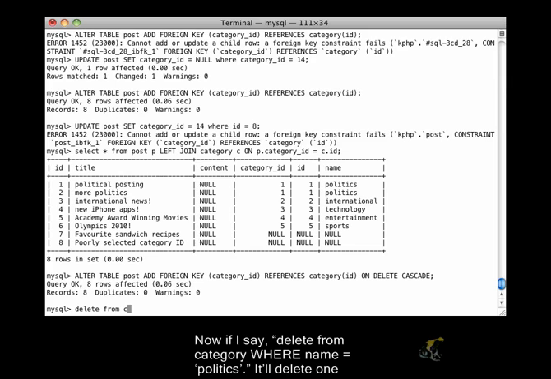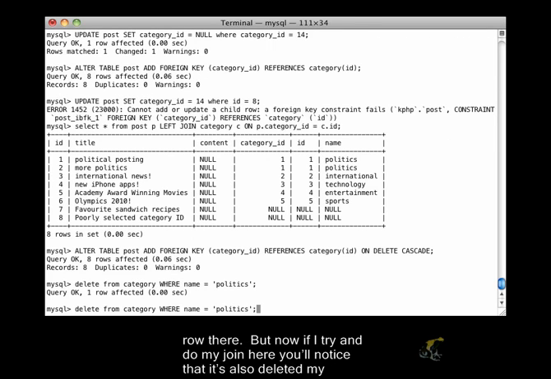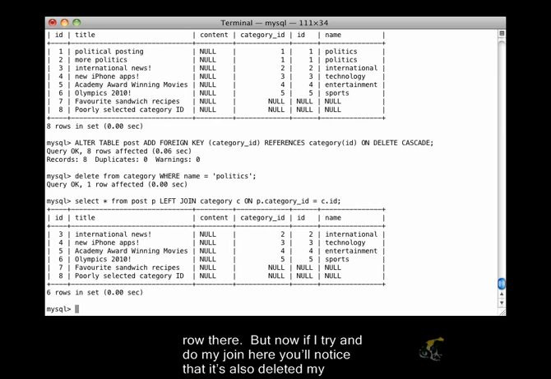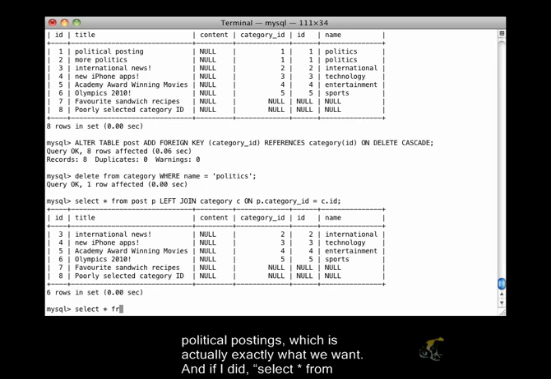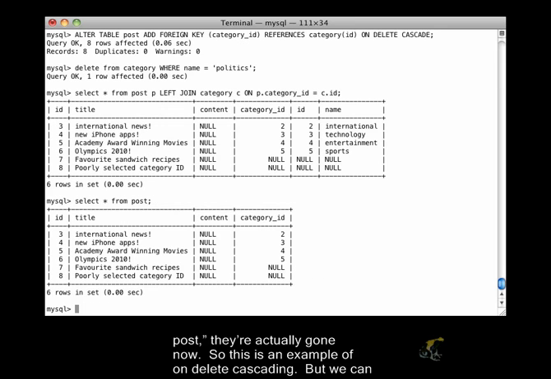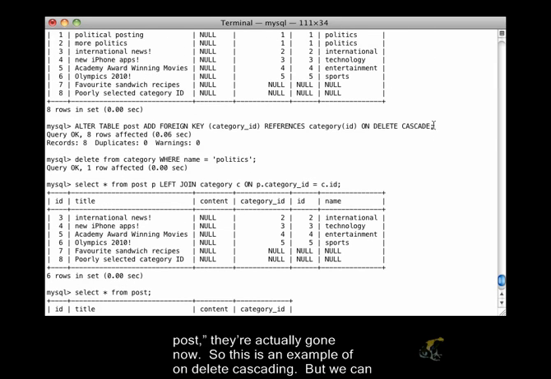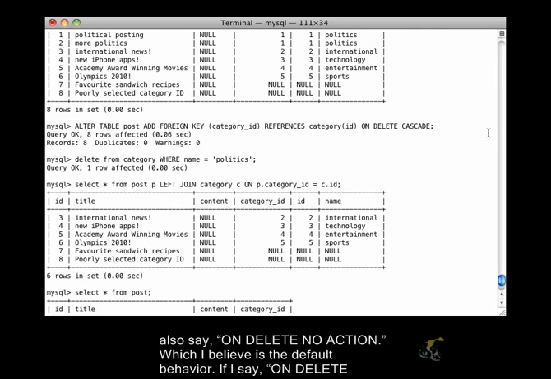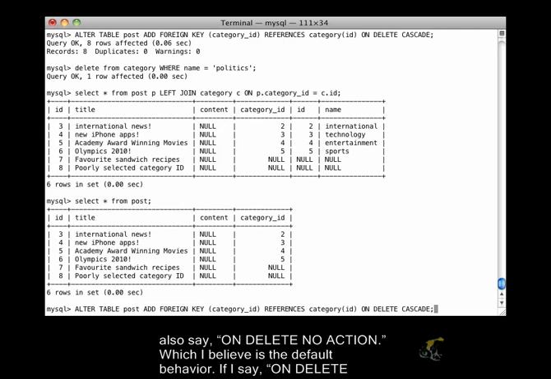So now if I say delete from category where name equals politics, it'll delete one row there. But now if I try and do my join here, you'll notice that it's also deleted my political postings, which is actually exactly what we want. And if I say select star from post, they're actually gone now. So this is an example of on delete cascade, but we can also say on delete no action, which is the default behavior, I believe. So if I say on delete no action,